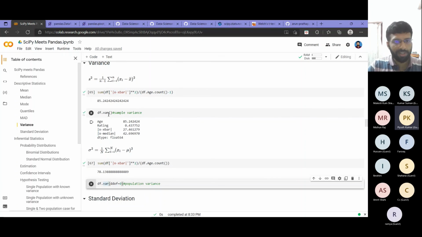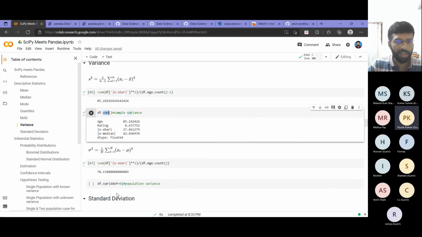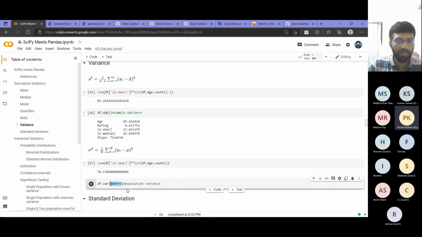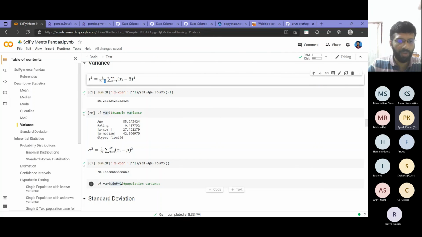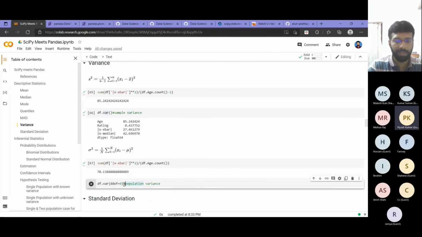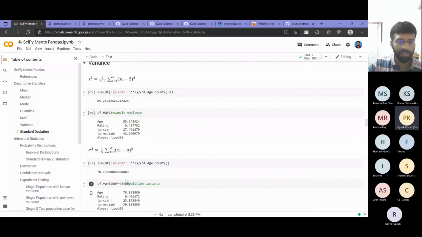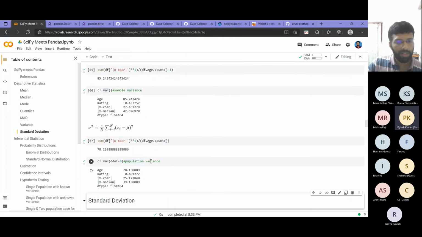Now this df dot var, the Pandas function, uses what is called the degrees of freedom, ddof. By default the value will be 1. If I give any other value here, that will be used instead: n minus 2, n minus 3, n minus 10, whatever you want. In this equation, we want 0 at that place, so we will pass degrees of freedom as 0. That way we will get the population variance.